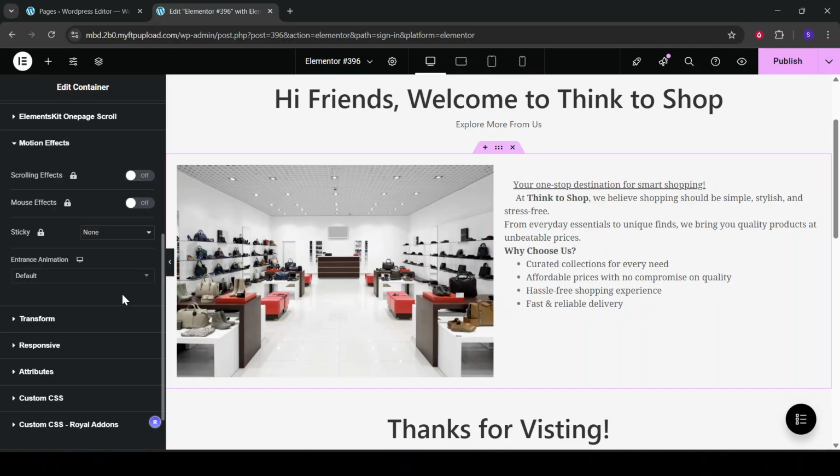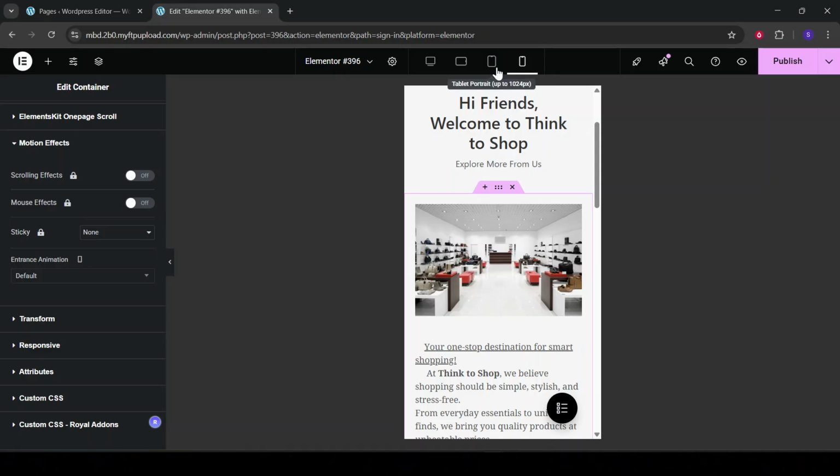Finally, make sure to save your changes by clicking the Update button at the bottom of the panel. Preview your changes to make sure everything is working as you expect. Testing it across multiple devices will ensure that it operates smoothly whether your visitors are on a desktop, tablet, or